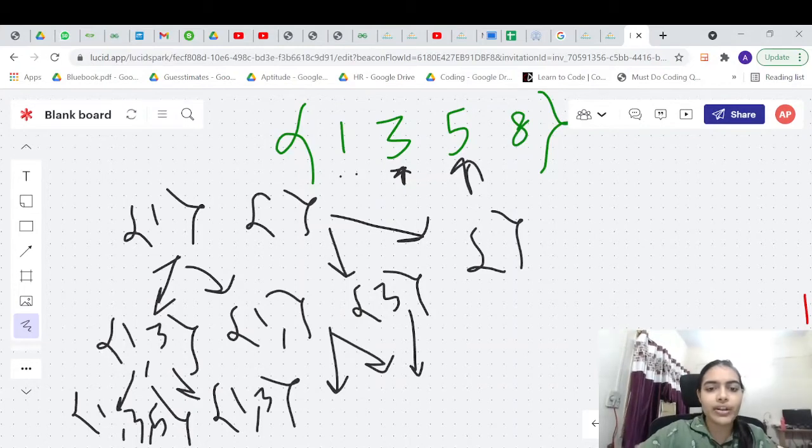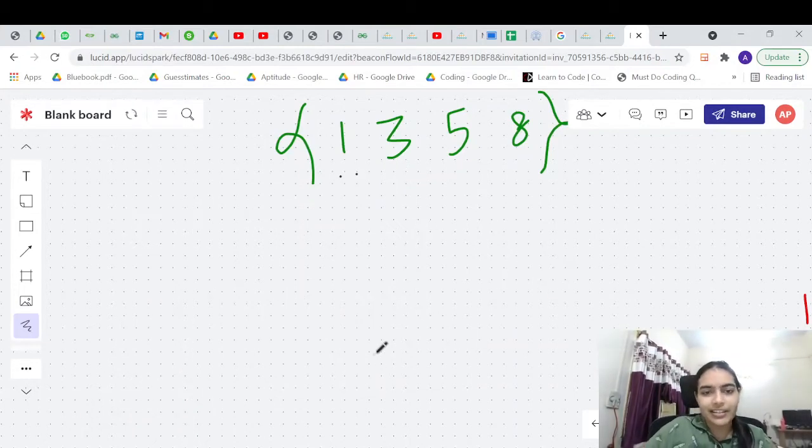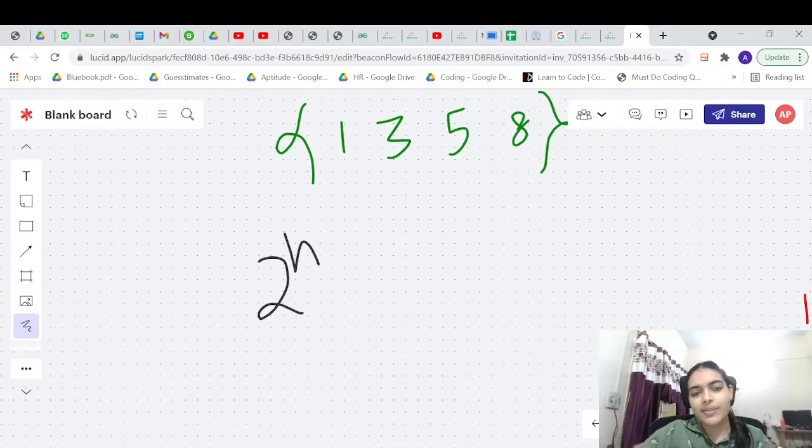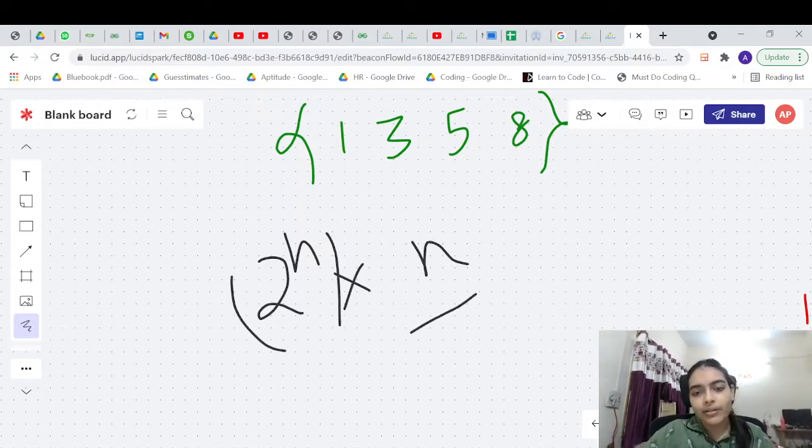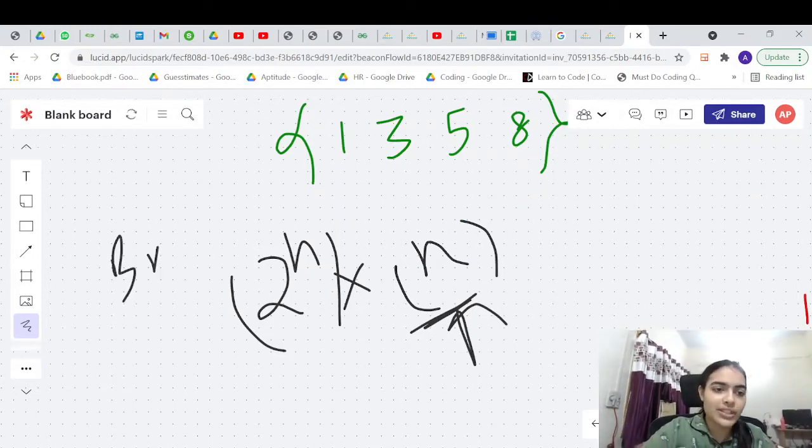You keep branching out. Every time you keep branching out 2 times. I'm not drawing the whole tree, it will become very messy, but the time complexity for listing down all the subsets will be 2 power n, because we are making two branches. We are either choosing to include that element or to not include. And then for each of these you will have to sum, maximum it can have n elements. So to calculate the sum, you will have to iterate over all the elements you have taken. So this will be the worst case brute force time complexity.